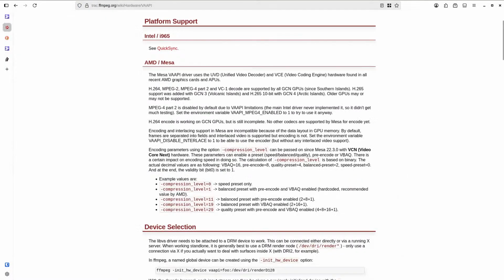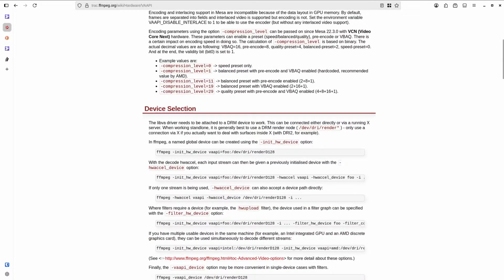So how do you use this? AMD Mesa. Mesa via API drivers, use UVD. I have Mesa, right? I should have. Also, I can try PipeWire. No, it's not working.